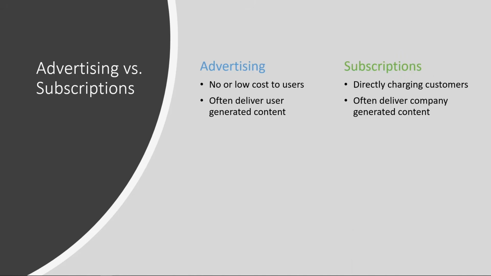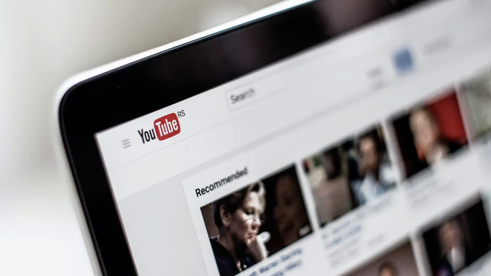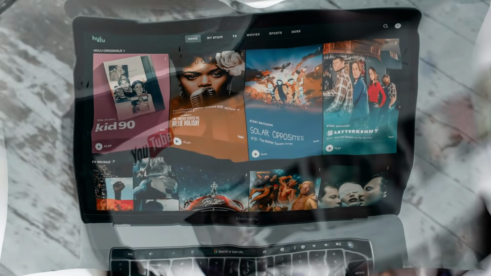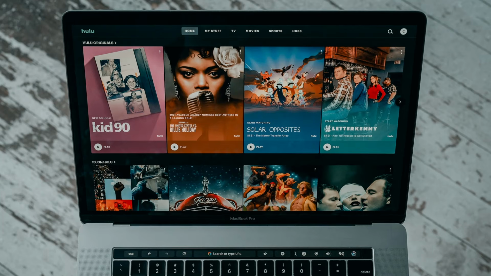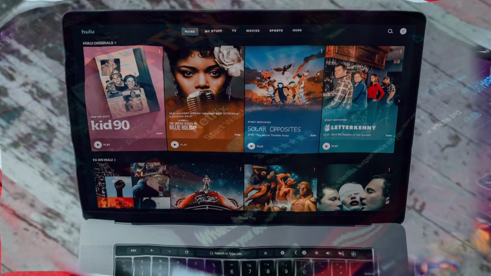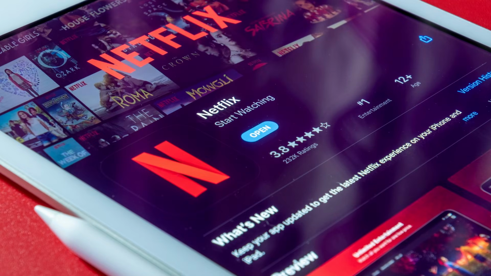And more recently, we see that these two types of zero cost or low cost models have been successfully transferred into the new TV business model. On the low cost end, we have YouTube delivering user generated content, but with advertising in it. And at the low cost level, we have seen Hulu. In the near future, Netflix will have advertising within the TV programs.